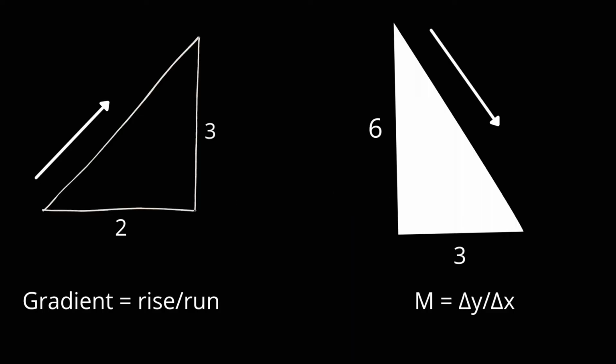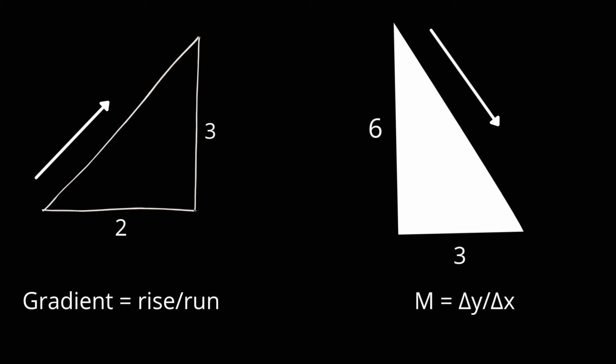And how to calculate the gradient of a straight line? So, when going up a ramp, the gradient is positive. When going down a ramp, the gradient is negative. It's the same as the slope. And so the gradient is equal to the rise divided by the run. The slope is the same thing, it's the rise over the run, the change in y divided by the